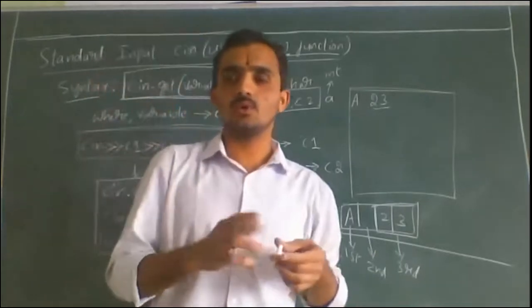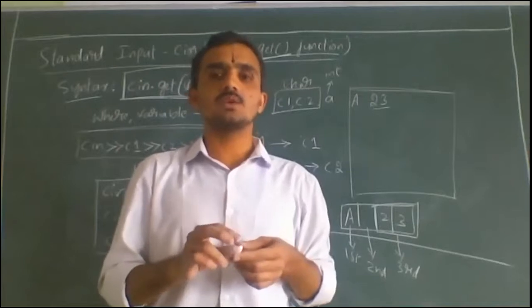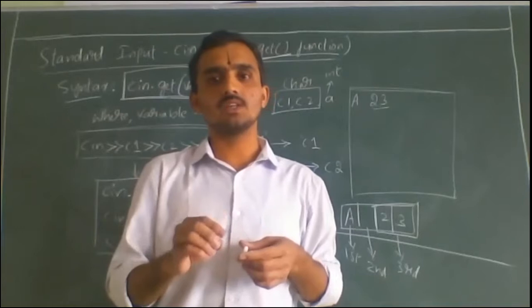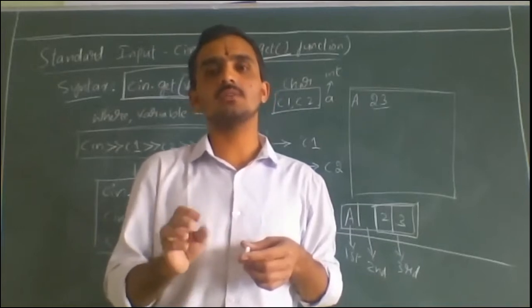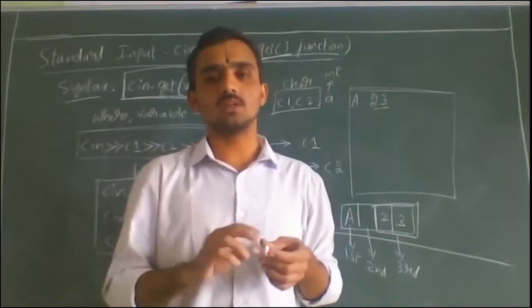Now, one of you has written the answer: variable is a name given to the memory. That is correct. In case of the variable definition, you can write any one. A variable is a quantity which can change its value, or a variable is an identifier which stores a value, or a variable is a name given to the computer memory location where the value is stored. You can write anything.